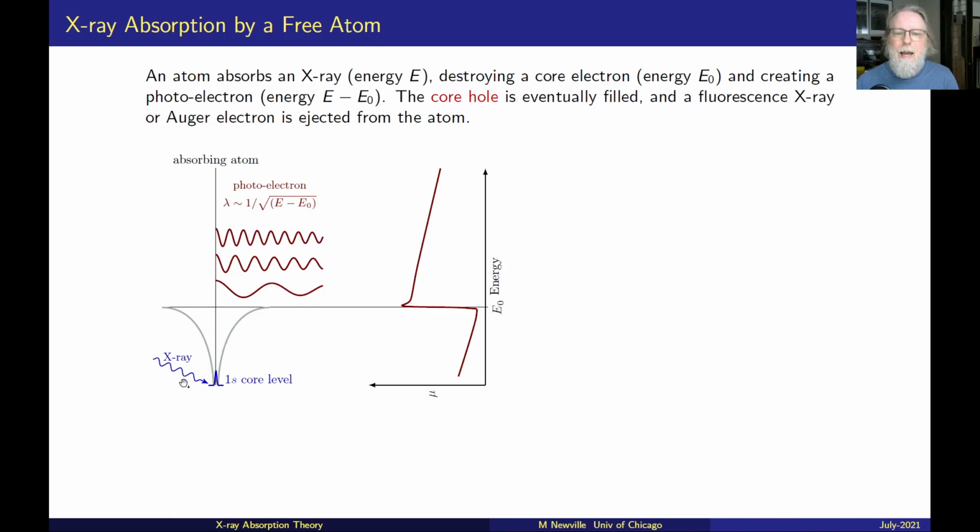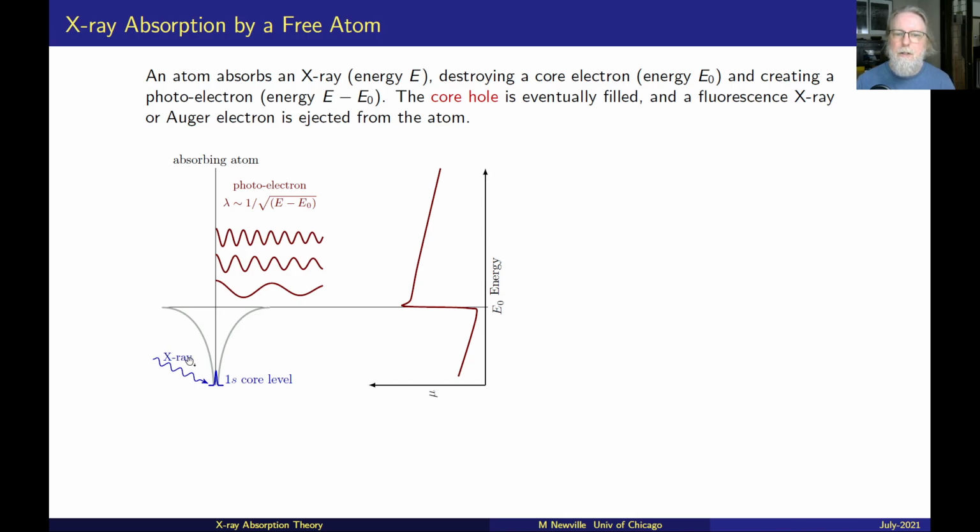in an atom. And the X-ray gets absorbed. The 1s electron gets destroyed, or a hole is created, and that electron is ejected from the atom. And any excess energy that X-ray has is converted into a photoelectron. That photoelectron, we will consider as a wave, and has a wavelength that's 1 over the square root of energy. So here, if we plot now mu on the horizontal axis and the energy on the vertical axis,